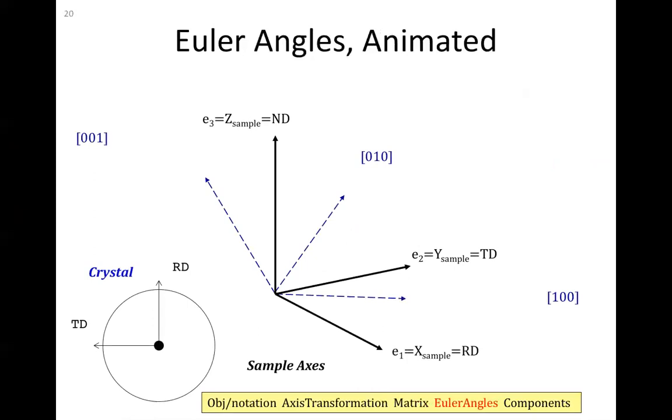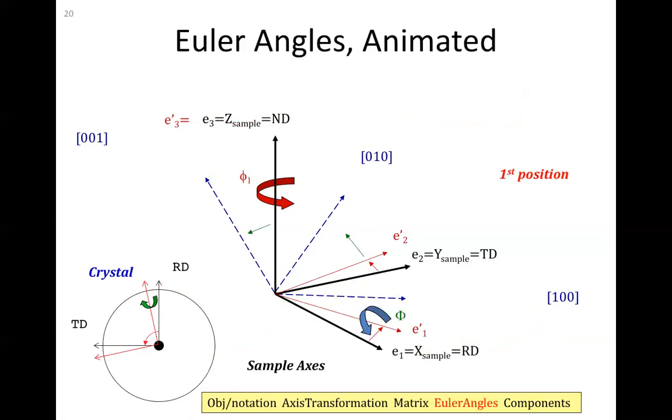And so we have 3 angles, and the first one is a rotation about the sample normal direction until E1 and E2 are in the same plane as 100 and 010. Okay, so we do that, and then we do another rotation about the new sample direction, this E1 prime, to bring